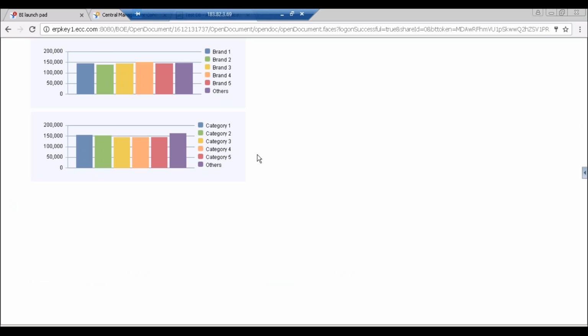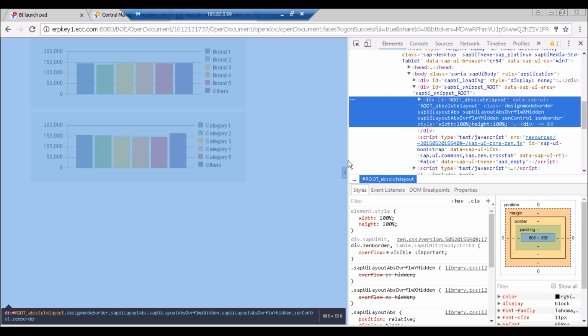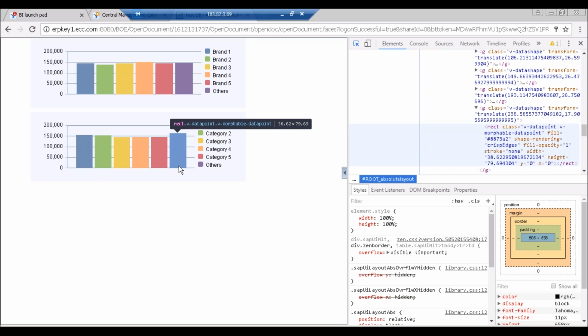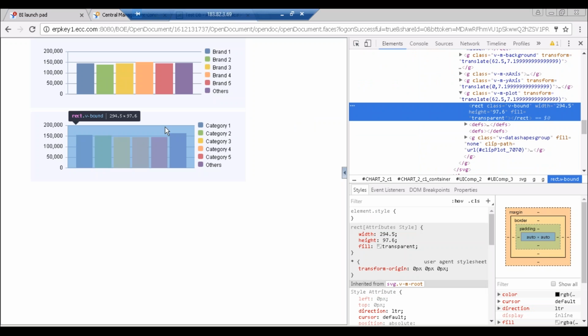See, you run the dashboard in Chrome. You can do it in IE also, but it's better to do it in Chrome. You right click, go to inspect. Then using the console cursor, you select the component whose property you want to change. On the right hand side, the class will be selected. You need to identify its class. It's not very straightforward, but when you start doing it, it will take a lot of time initially to identify. Later on you can play around with the properties here.